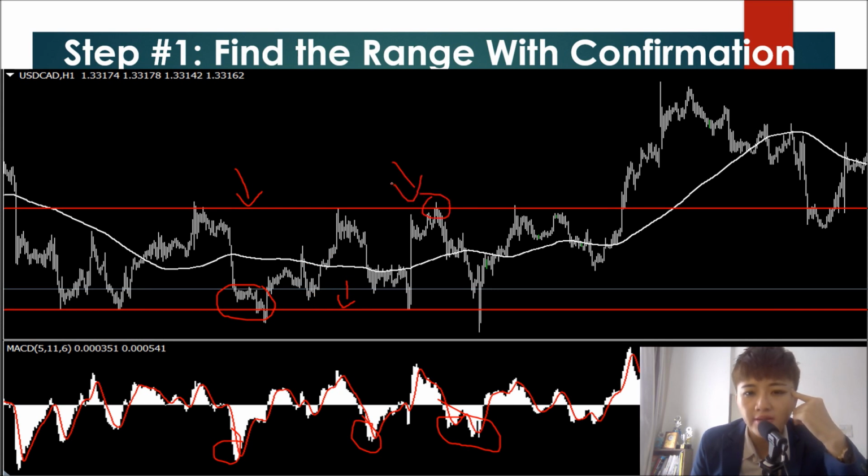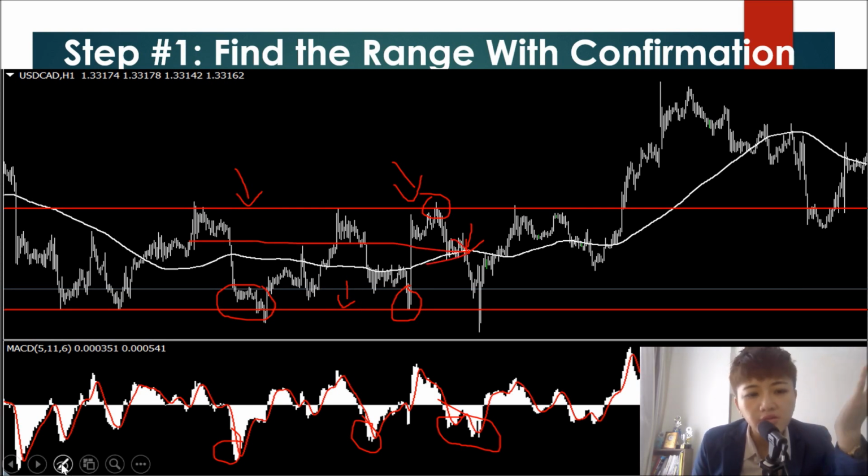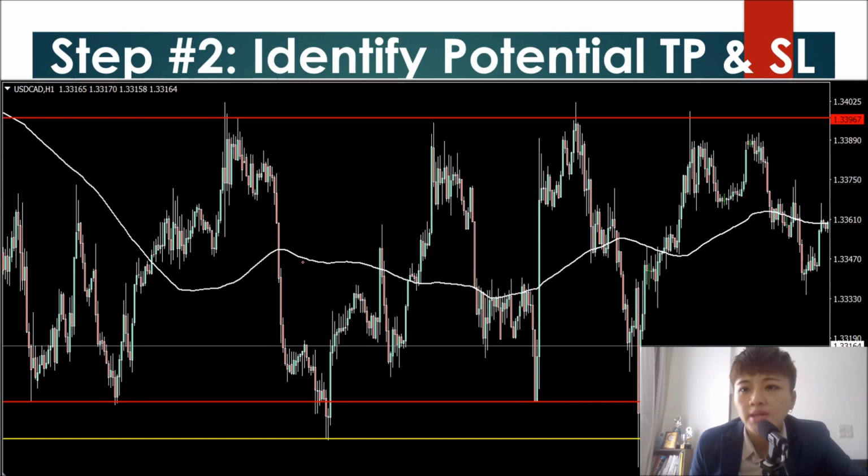So if you're selling here, you'll be trading in a way against the trend because price is above this moving average, okay? And then if you're buying here, you're buying below the trend. But you don't have to be too concerned because this is a ranging market. This is not really a trending market. So I would say it's all good. Okay, so once you've identified the ranging market, then right now you need to enter the market,